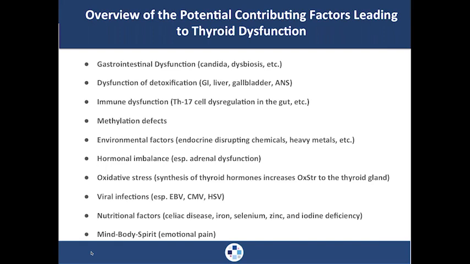The autonomic nervous system, if they're stressed out and the autonomic nervous system is upregulated, that will decrease detoxification capability. Next is immune system dysfunction. Now, the gut has a set of lymphocytes called Th17 cells. When they become dysregulated, which can happen with candidiasis and dysbiosis and even celiac disease, it can cause that particular Th17 cell to create an autoimmune response, because these cells can also go after organ-specific parts of the body, and particularly the thyroid.